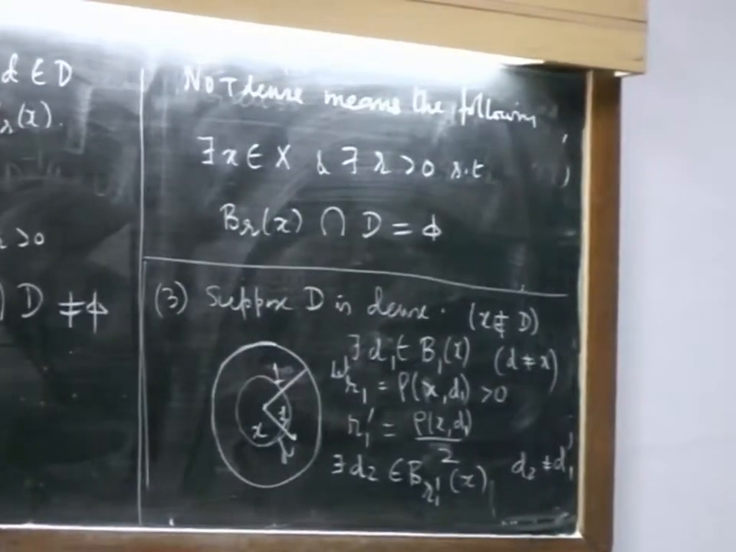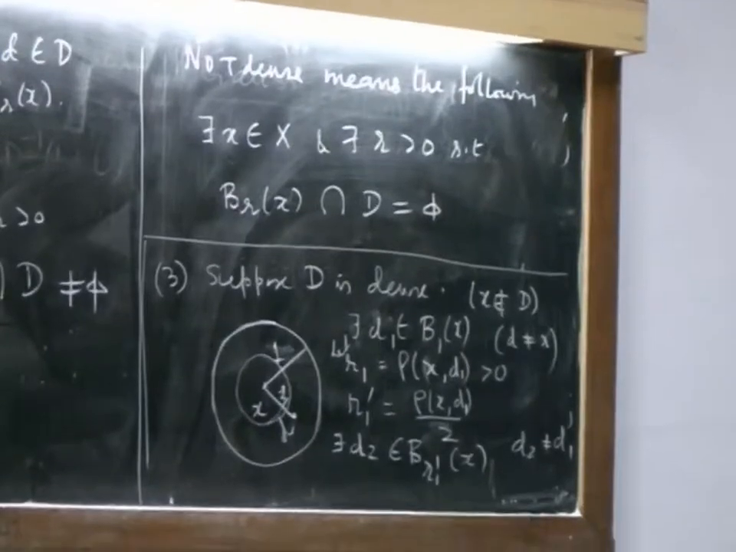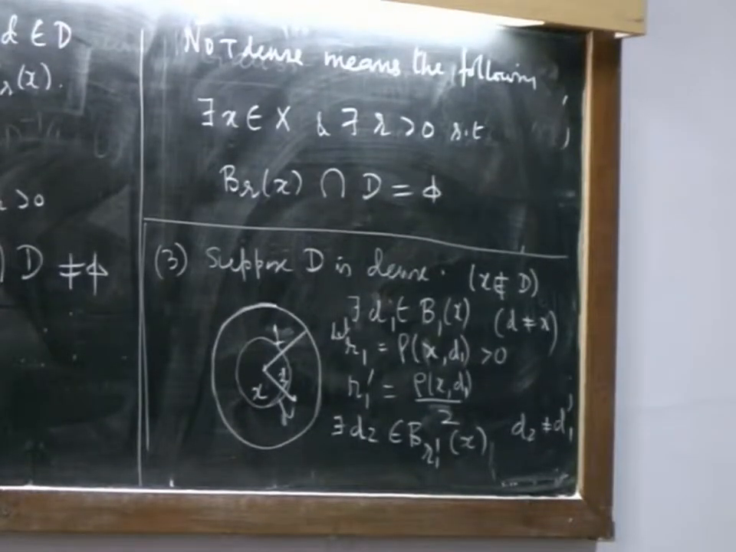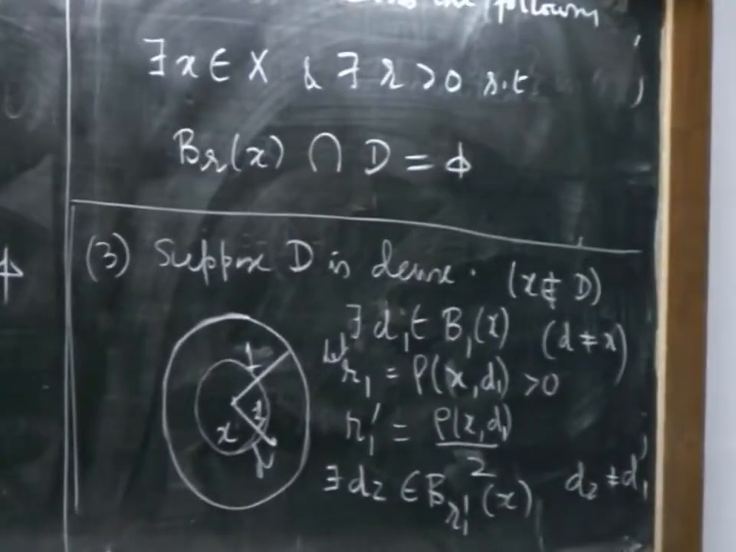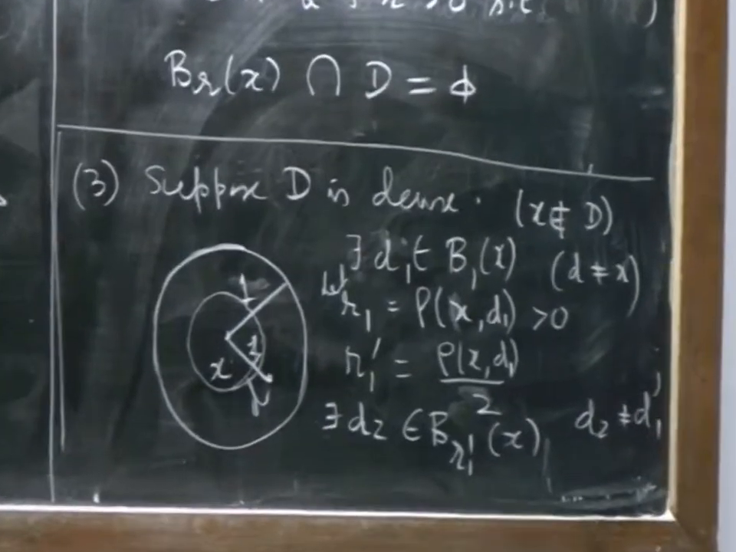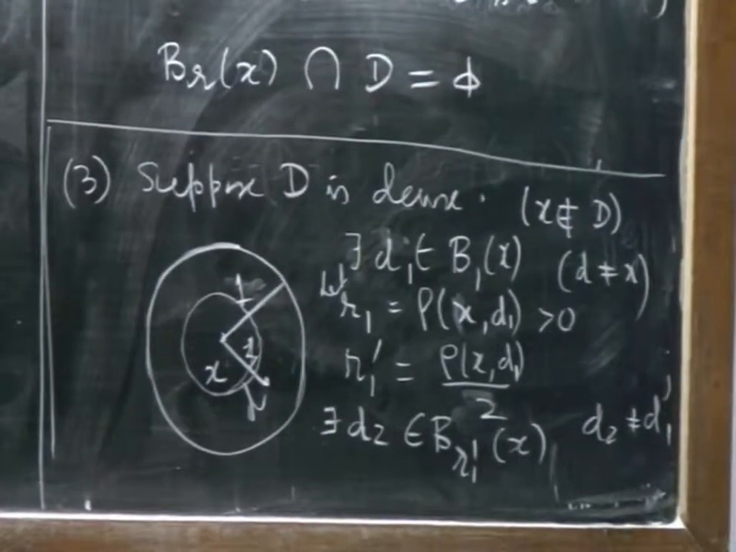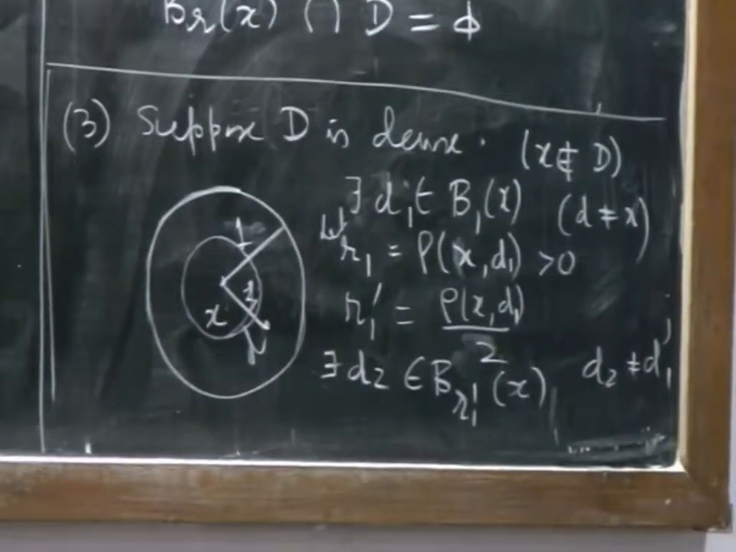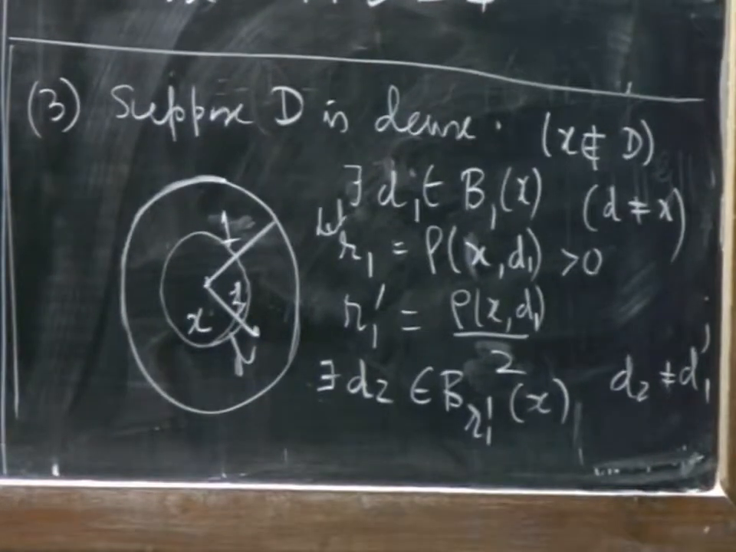So what do you get eventually? You get a sequence. What will happen to that sequence? The distance is reducing to half of the previous time, and therefore it will go to 0. So if the distance is going to 0, that means it is converging to x. Okay, so let me not write all the steps. Continuing this process,